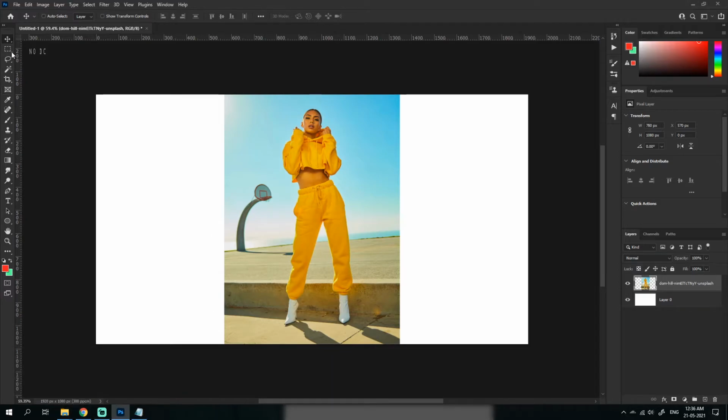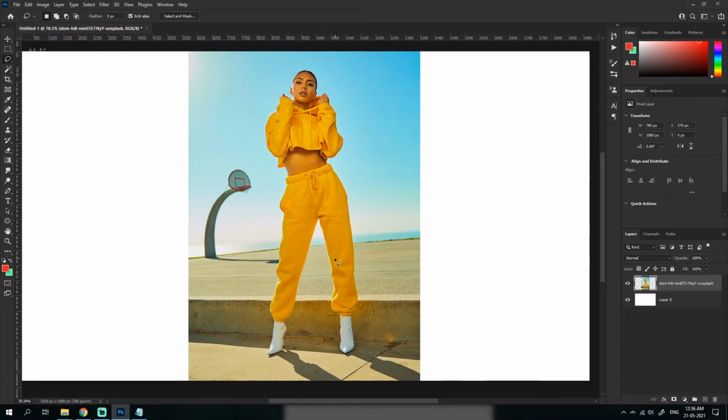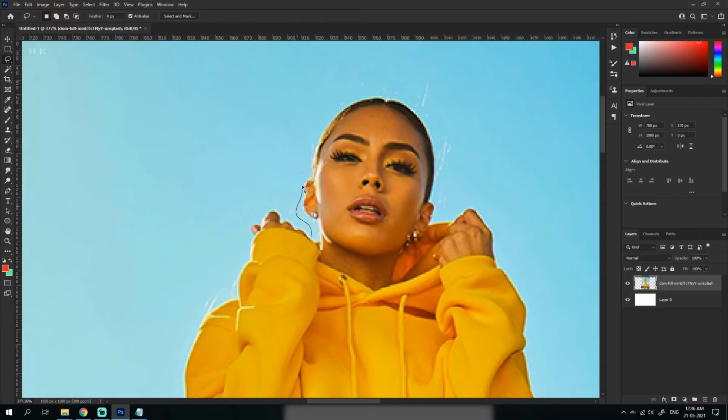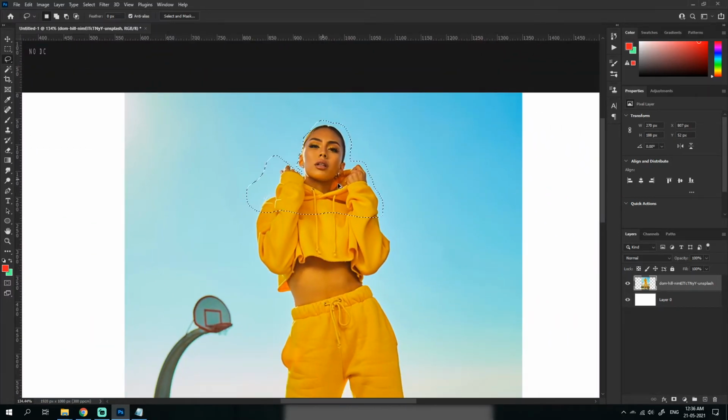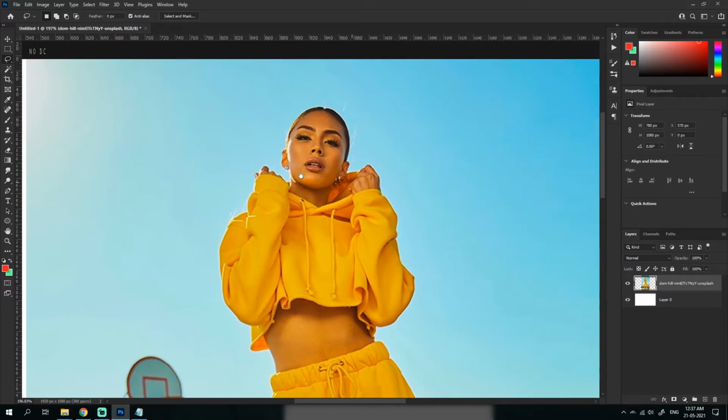Next section, let's see. This is the lasso tool. It's similar to the selection tool. Well, it is a selection tool obviously, but it gives you a free drawing kind of thing. So if you want a specific design, you just make it. Also, if you end it somewhere, it will make a straight line towards the start. You could see. And holding Shift does nothing. Okay, I thought holding Shift would do something, but nope.